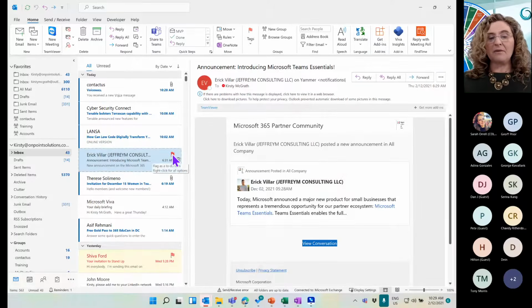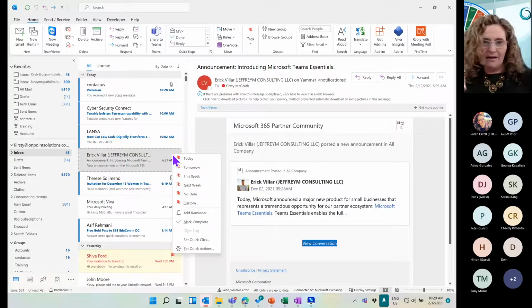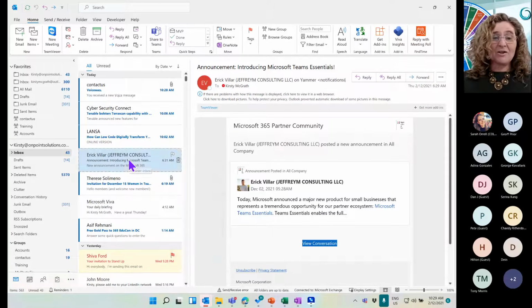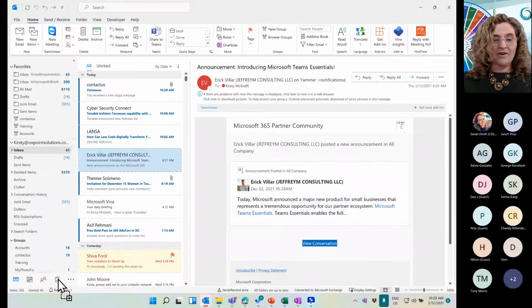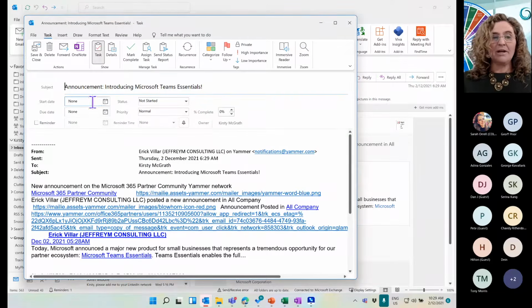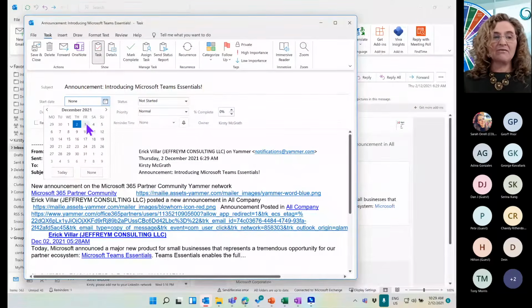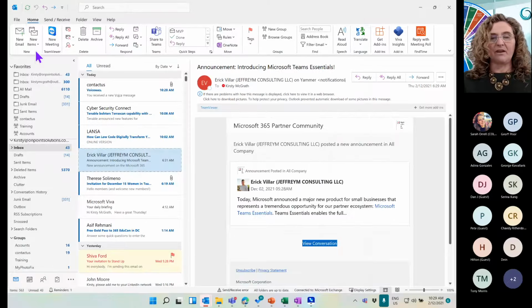Another one I could do, apart from clicking on the little flag icon or right click on the flag icon like I did up the top, add that reminder, stand up, slap me about a little bit, okay? Or I could do a drag and drop onto my little task icon down the bottom. So if I do a drag and drop, you'll see it will then go into my task list. What do I want to do? Set a date. I'm going to have a read of this. So I might have a look at it a little bit more on Monday. Or maybe I needed to do it today because I actually want to push it out on social media, for example. Okay. Save and close.